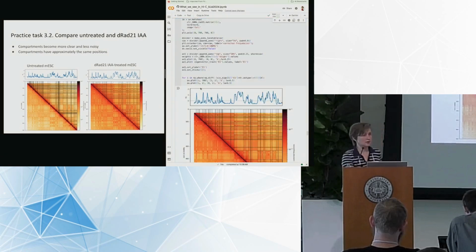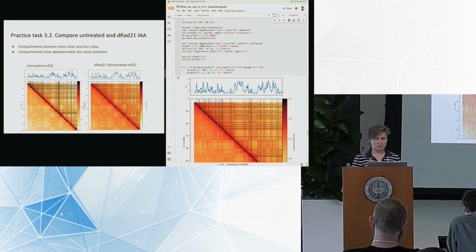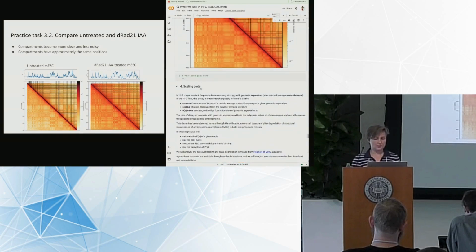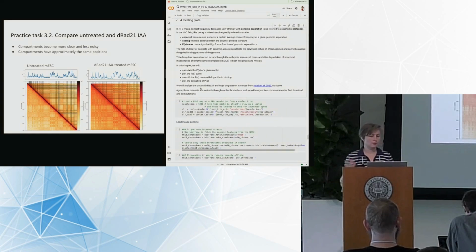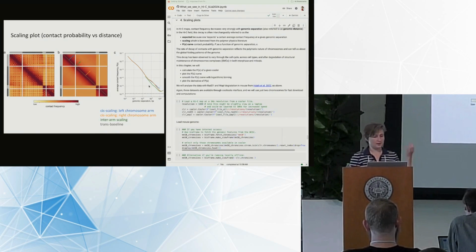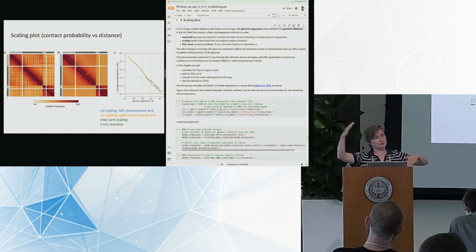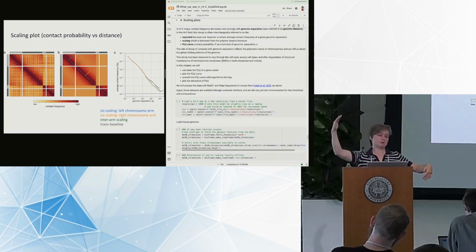Okay. In the last 15-20 minutes that we have, let's progress to another typical analysis of Hi-C data that people do, called scaling plots, or P of S, or sometimes expected plots. This is the characteristic that we observed when we looked at the Hi-C matrices, that there is a very strong main diagonal, and then the strength of interactions is decreasing gradually